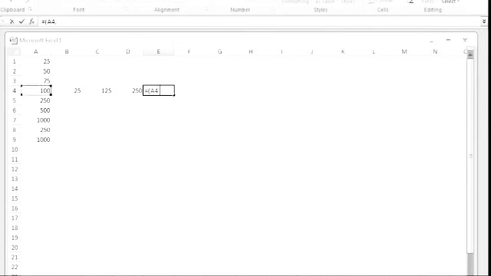you write in the 8 ways you write equal A1 plus